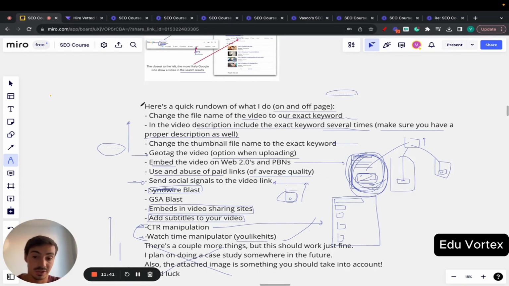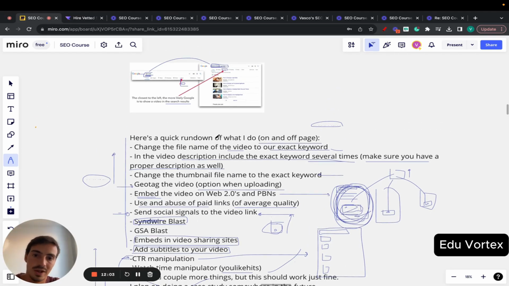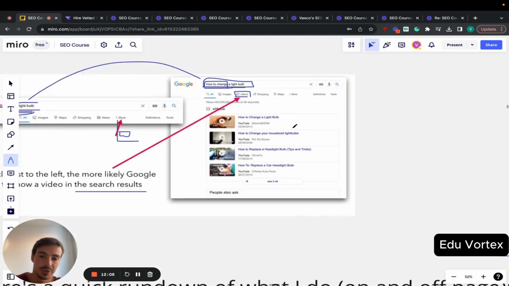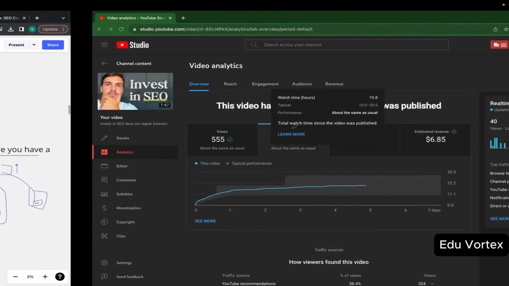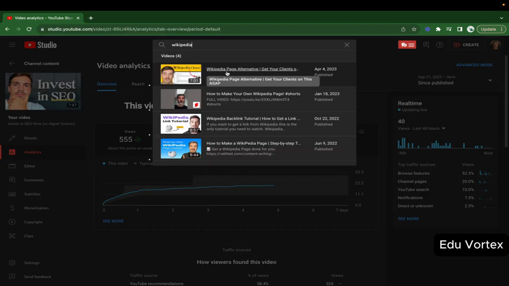Again, focus on all this, but also focus on the user experience. And I know I'm repeating myself, but it's very important that a video is high quality. If it's just a poor quality video where you don't put much effort in, yes, you might be able to rank it in the top 5, but you'll never move up from there. You have to put in the effort to create a great piece of content, because think of it as an asset. Once the video is ranking number 1, or at least top 3, most likely it will stay there and continue getting views over and over again, just like the Wikipedia video I showed you as an example last time.